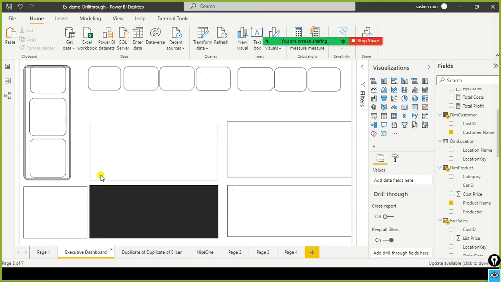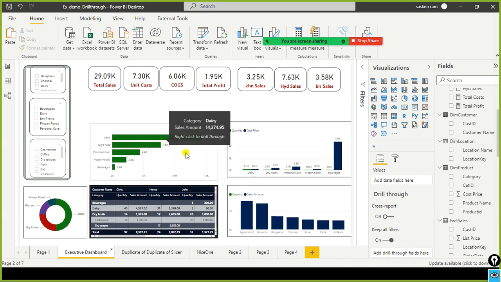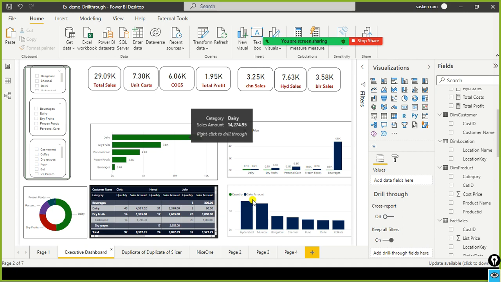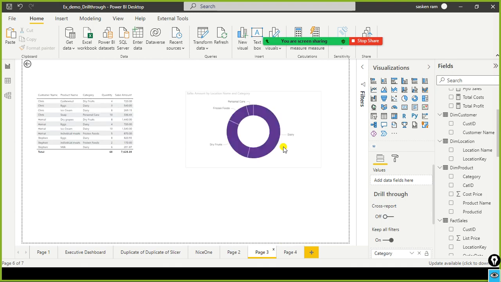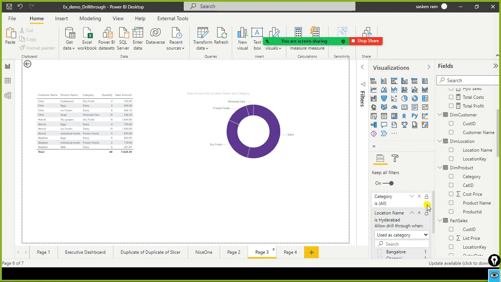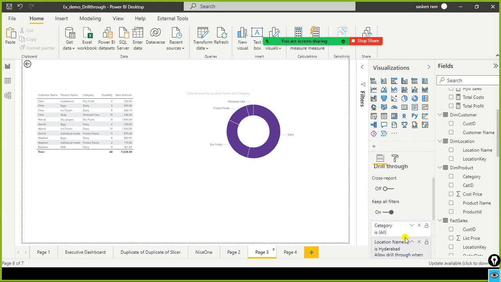Now the question is, if I wanted to see both dairy and Hyderabad sales, in Hyderabad, what is the dairy sales? Don't display everything here, only the Hyderabad dairy sales. So how do I see that? For example, you can apply the filter using the slicer also. So what you need to remember is, when you create a dedicated page for drill through, in the drill through page, whichever column you want to pass from your main page to the detail page, you need to drag and drop it here.